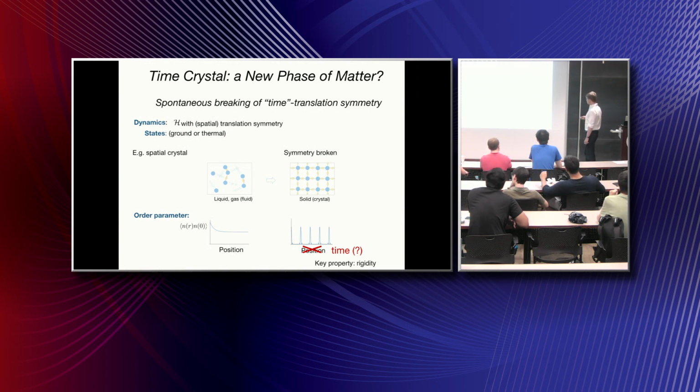One thing that I'd like to emphasize is that the key property of crystals is rigidity. So, for example, you could say, well, the fact that every morning the sun is rising, is it a kind of time crystal? Well, it's clearly a periodic phenomenon, but this would not qualify as a time crystal, because in some way this is not rigid. If a big asteroid hits the Earth, the position of the Earth changes, the timing will change,